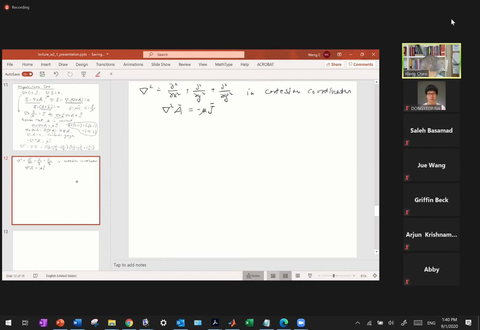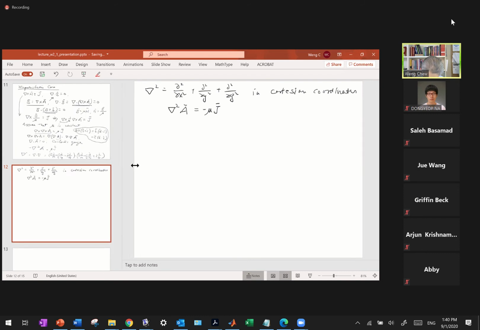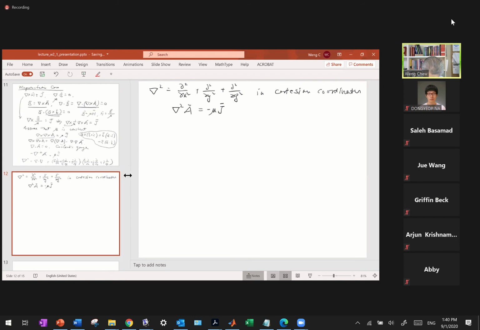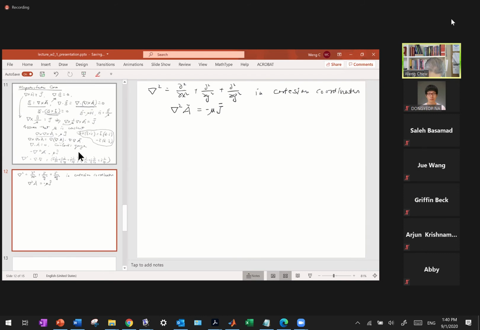If you look at what we had from the previous slide, let me blow this up bigger so they can see that. If you look at what we have, we start out with this equation over here. Can you see my cursor? Yes, we can. Okay, you start out with this equation. After you go through the manipulation, you end up with this